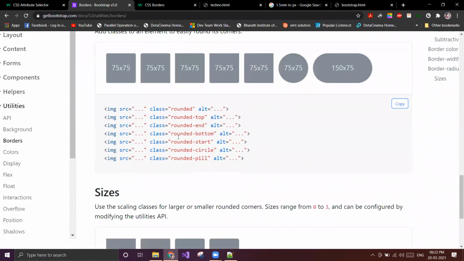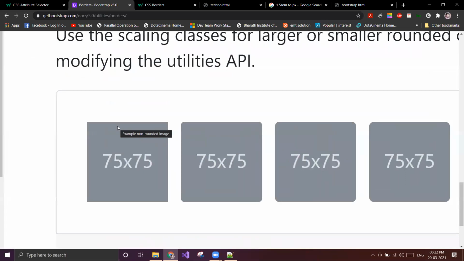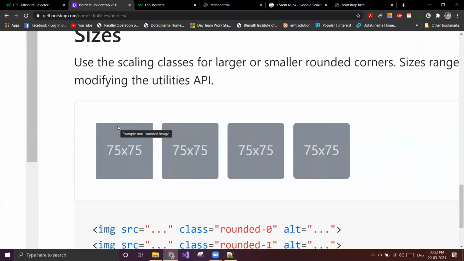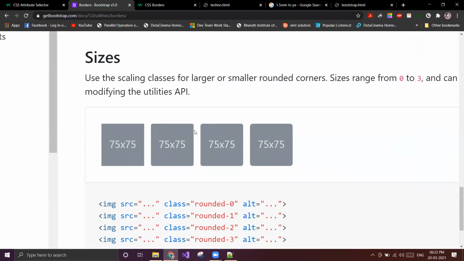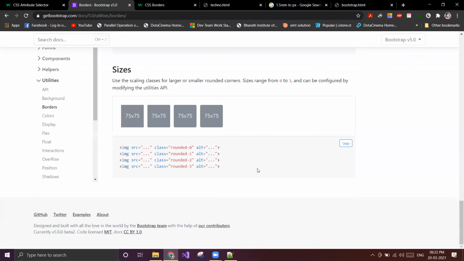That is done by using this size property. Rounded 0 is the default. Rounded 0 means it won't apply the border radius. Then we have rounded 1, that is a little bit more curved. Rounded 2 is more curved. Rounded 3 is more curved. Like that, we have up to 3. Okay, so this was all about borders.